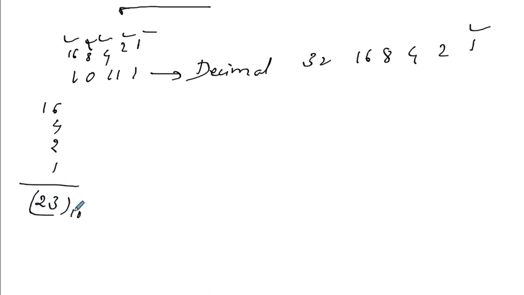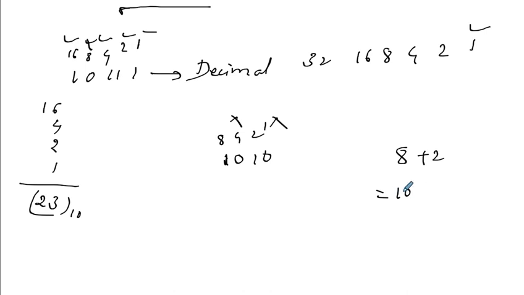That's it. If any binary number is given, one more I will take, 1010. You know 1010 is equivalent to 10 in decimal. Again we'll check it. Write weights 1, 2, 4, 8. Wherever the ones are present, add their weights. Here 1 is there, that is 8, so take 8. For 4, 0 is there, so don't add. 1 means this is 2, so add this 2. Here again 0 is there, so should not add this. What is the result? That is 10.